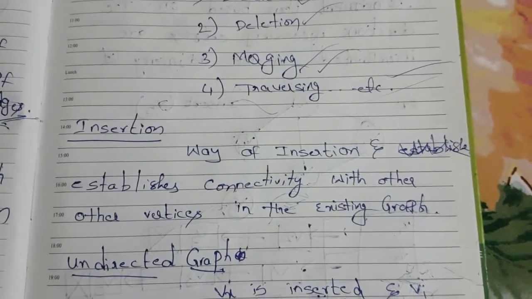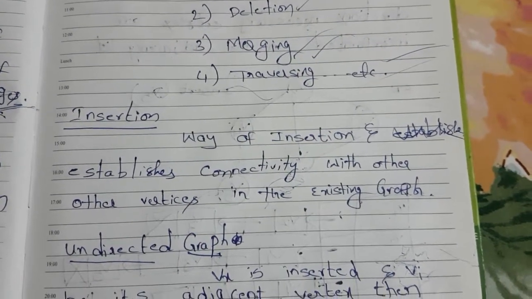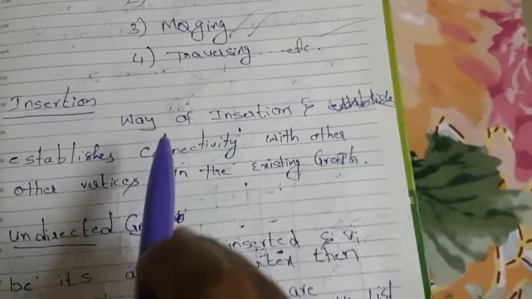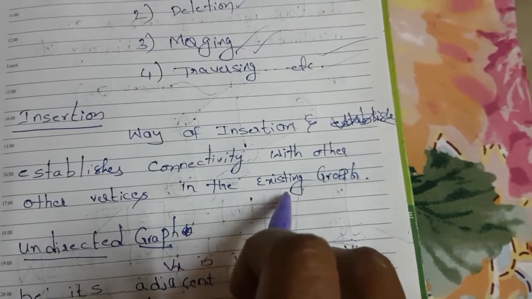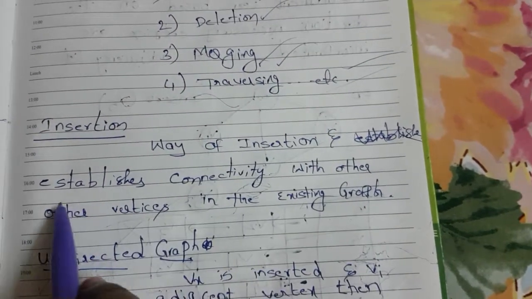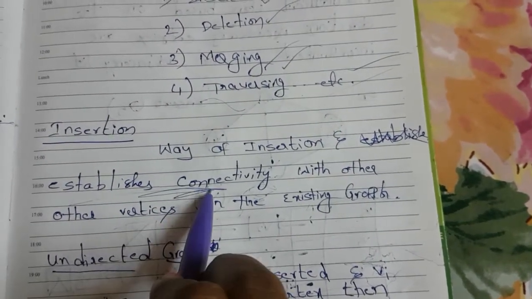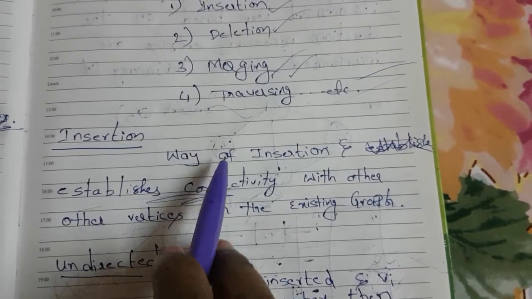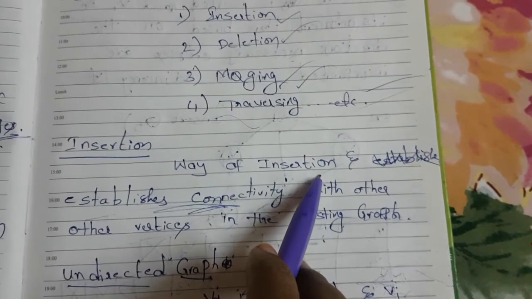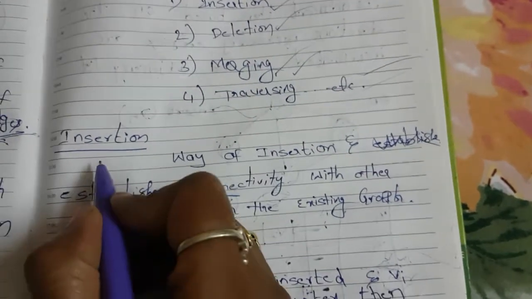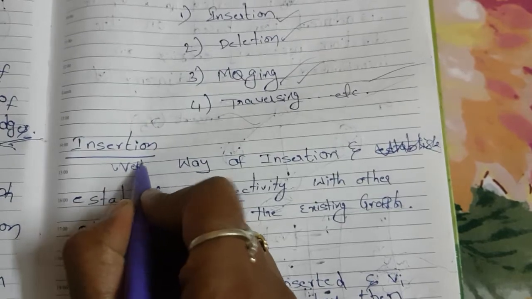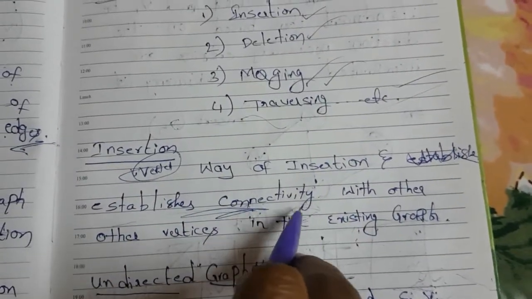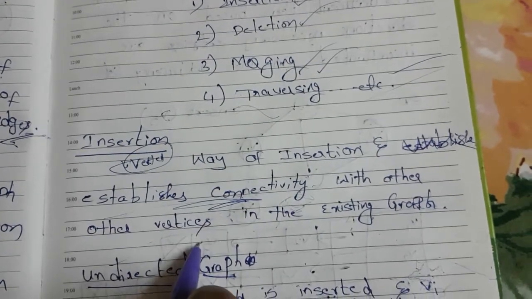This can be a newly established graph or an already existing graph. Suppose you insert a new vertex to an already existing graph, it provides some connectivity to other vertices. Establish a connectivity. Way of insertion. Which one are you inserting? The vertex insertion, and establish a connectivity with the other vertices in the